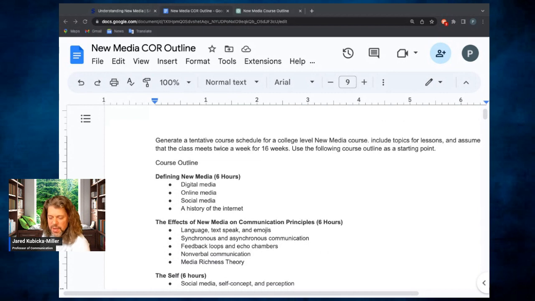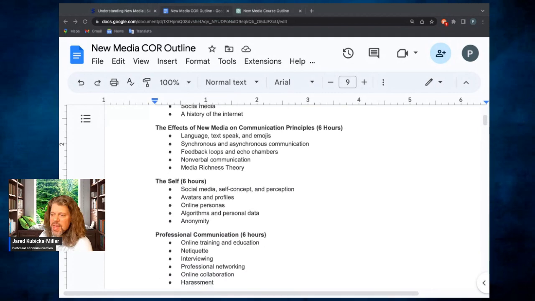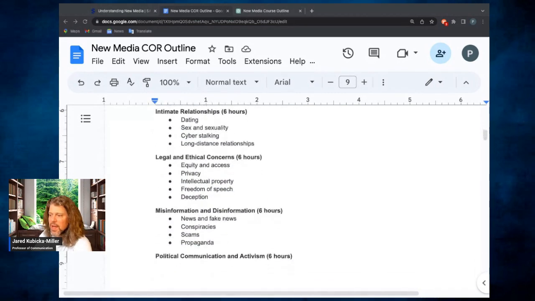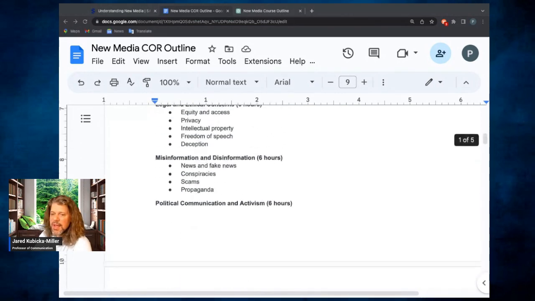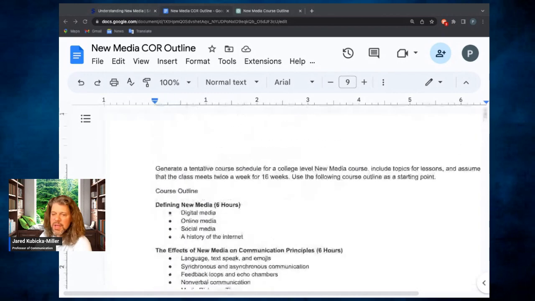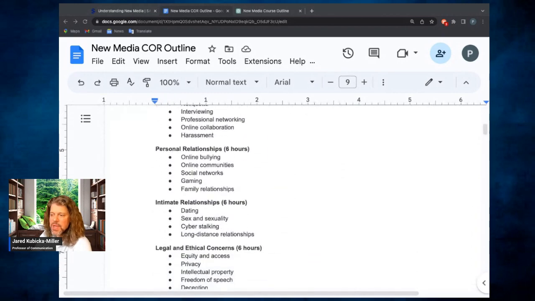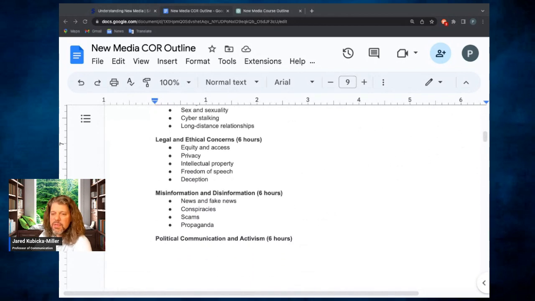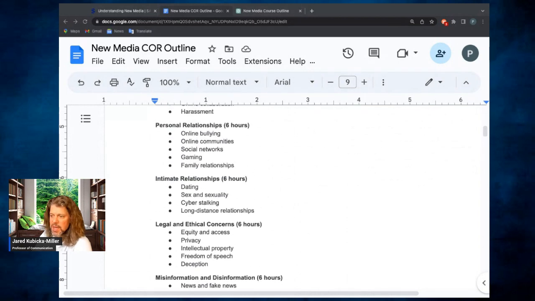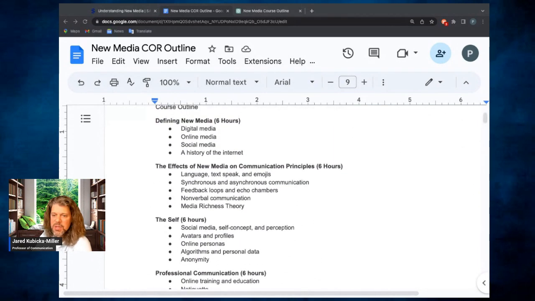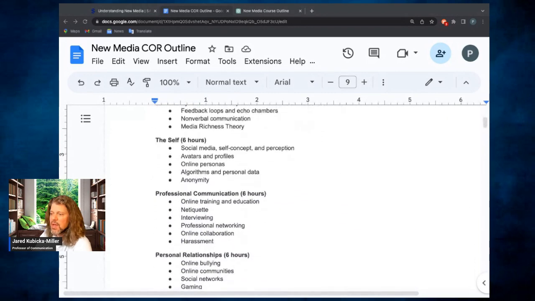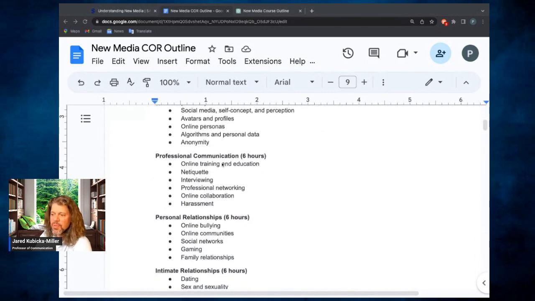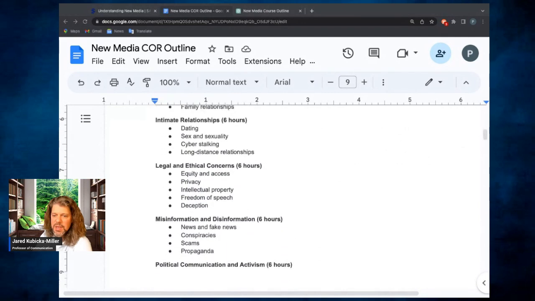Usually online, there are ways of looking up the course outline of record. And within that course outline of record, there is an outline of the things that they expect to be covered in this course. That's what I did for the new media course, and it outlined how new media has affected these different types of human situations where communication occurs, and how new media has inserted itself into things like the presentation of yourself, professional communication, personal, intimate.